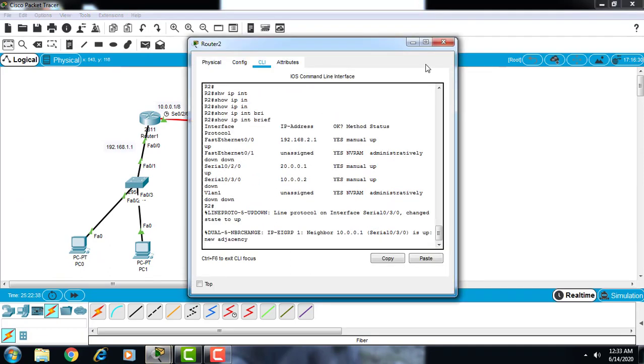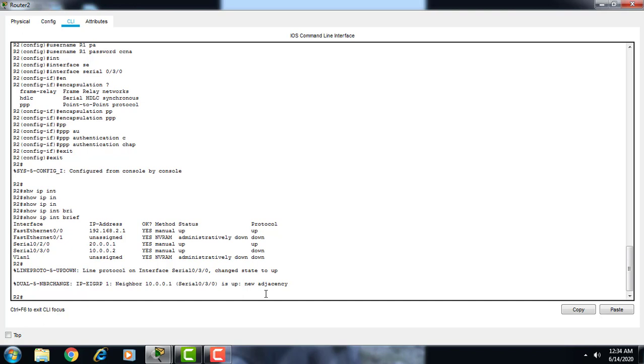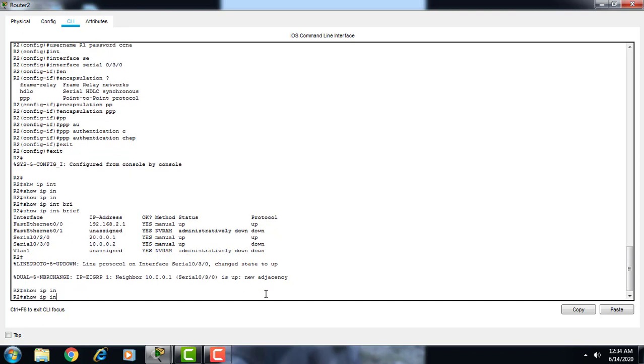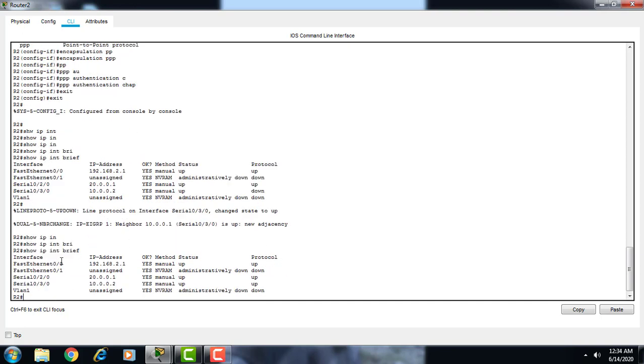Now you can check that 10.0.0.1 is now up, so it takes some time. Show IP interface brief. Now you can see 10.0.0.2 is up.